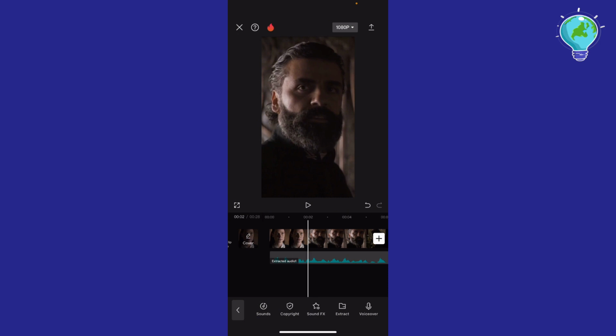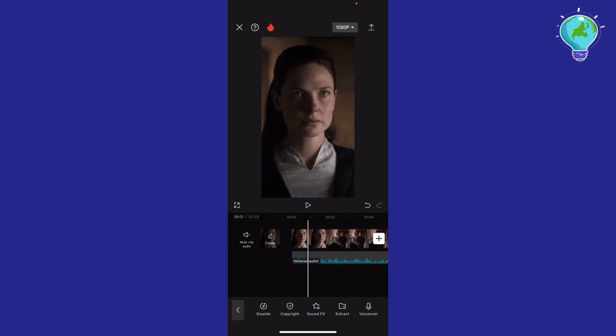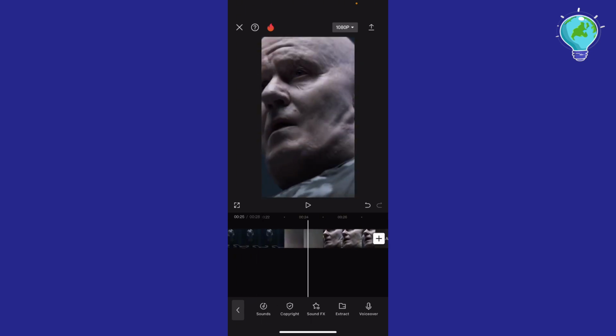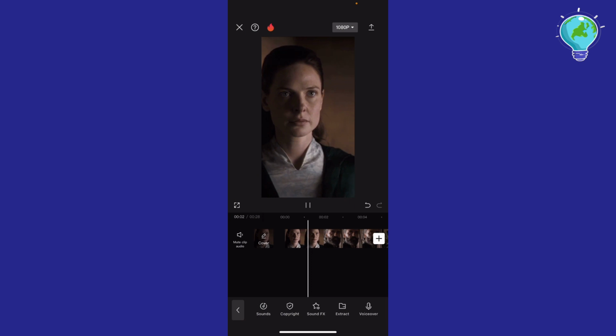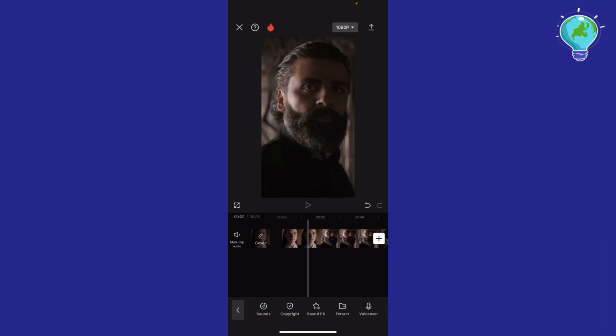playing it. Right now, what I'm gonna do, if you want to remove the noise, just go ahead and click on the audio right here to remove it, and just go ahead right here and click on delete. All right, and basically what's gonna happen, the audio has been removed and you won't hear a voice within the